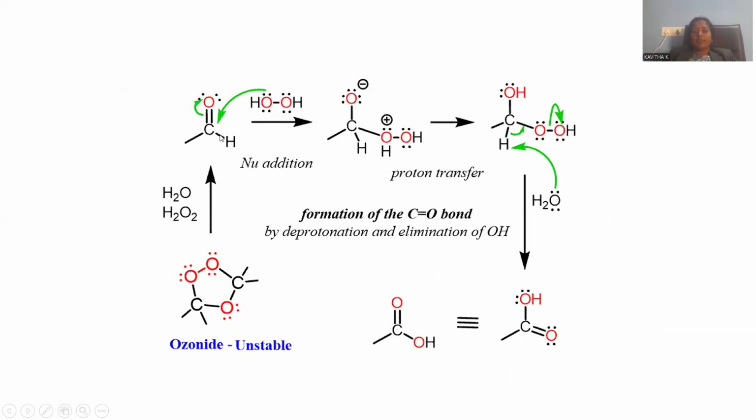Wherever an aldehydic moiety is there, the aldehyde is taken as the starting material. That aldehyde will be treated with hydrogen peroxide. Hydrogen peroxide carries lone pairs of electrons in this manner. Two oxygens side by side are having two lone pairs of electrons each, and these electron-rich oxygen atoms are able to bond with the carbon.